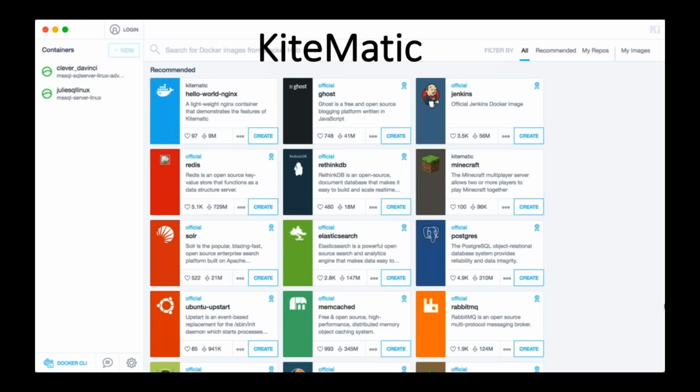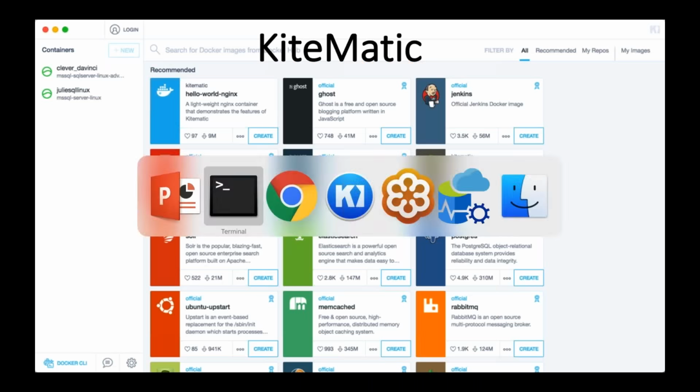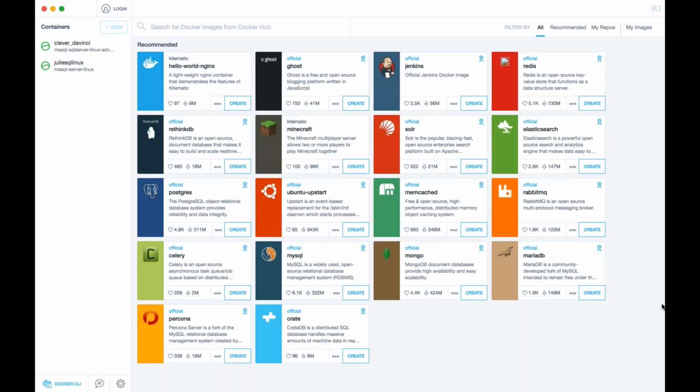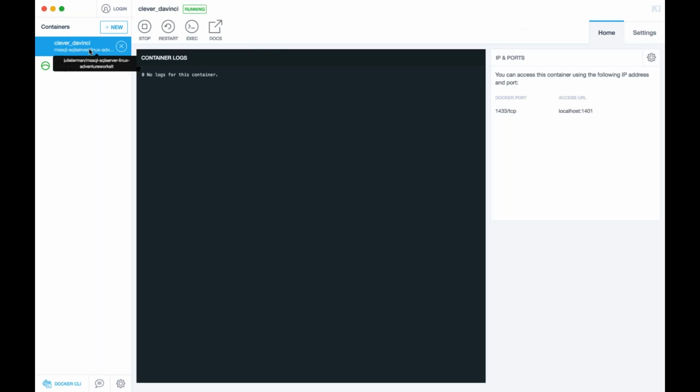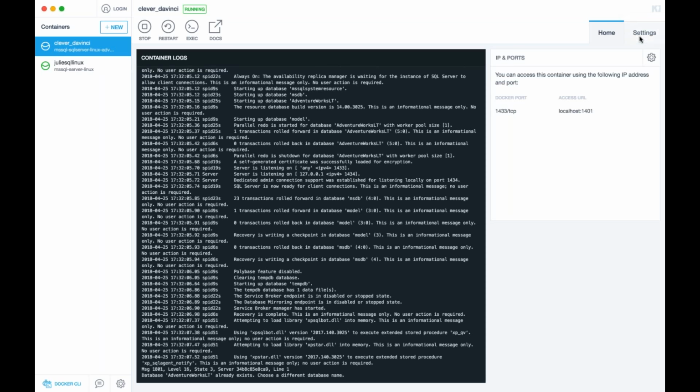Now, you can start up a container from Kitematic, but it's not so easy to start a SQL Server container from Kitematic. And the reason is, go here to the settings. Okay. You can't